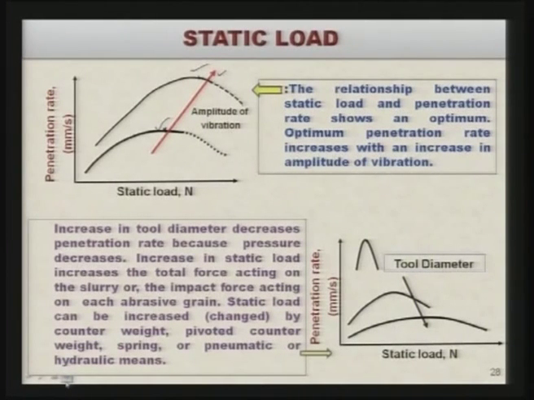Increase in tool diameter decreases penetration rate because pressure decreases. Increase in static load increases the total force acting on the slurry, or the impact force acting on each abrasive grain. Static load can be increased by counterweight, pivoted counterweight, spring, or pneumatic or hydraulic means, as I will show you in the following slide.